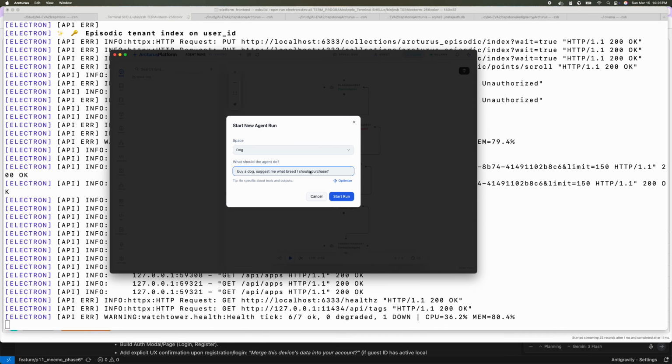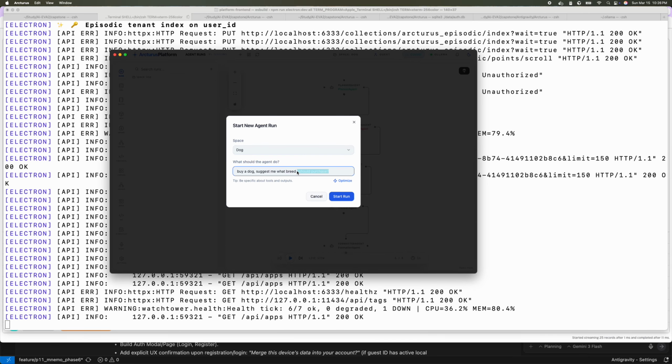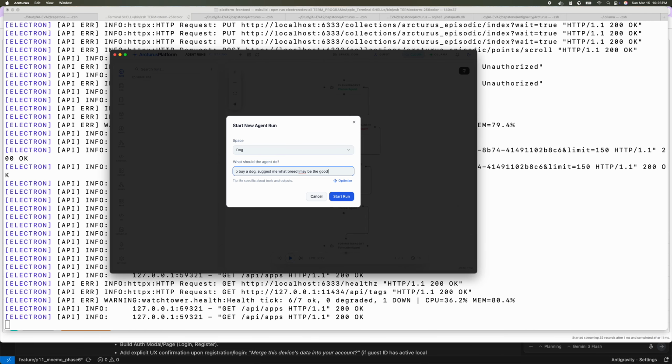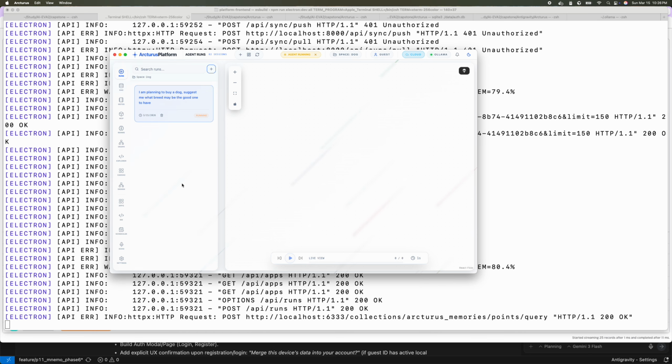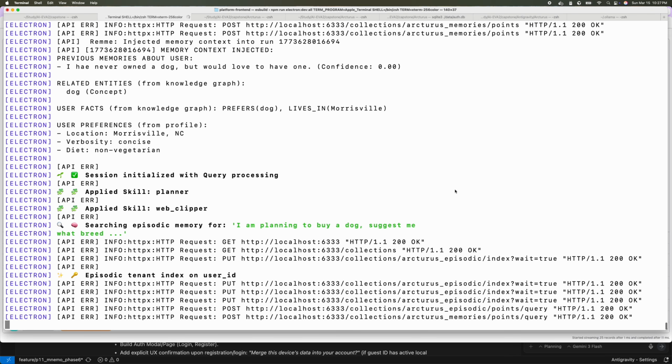It should tell me what breed will be a good one to buy. Just something I added. And again, I'm expecting